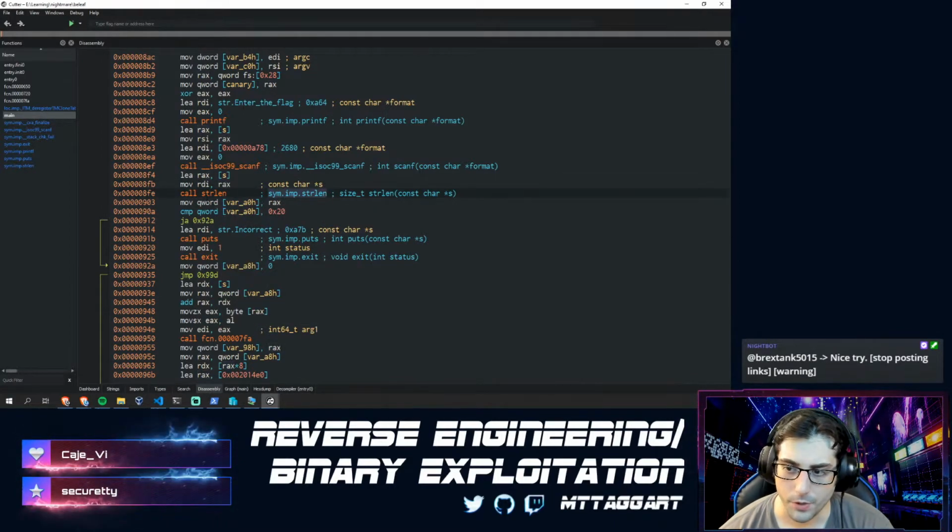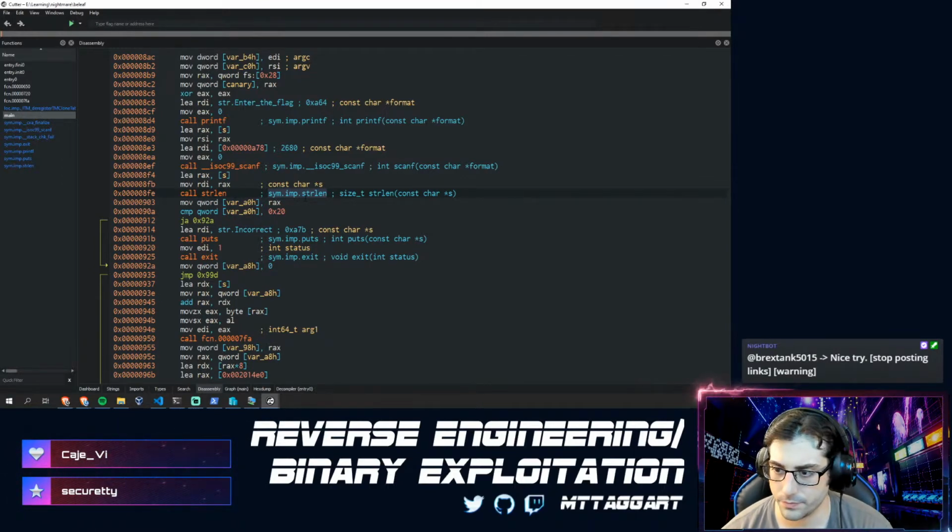Then we call another function called strlen, which compares basically, or it gets the string length. It doesn't compare. It gets the string length of